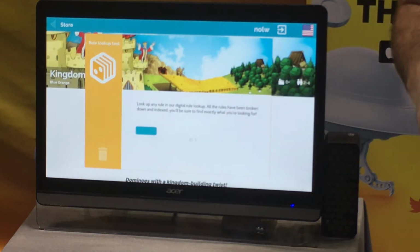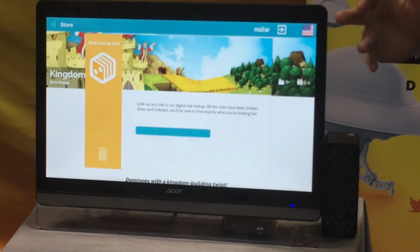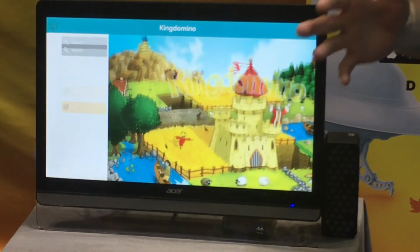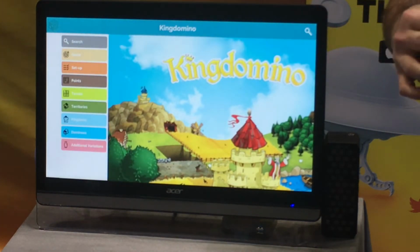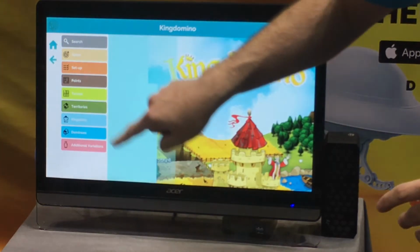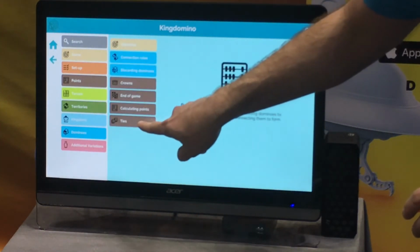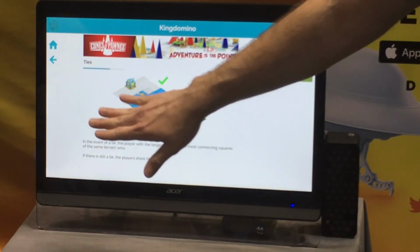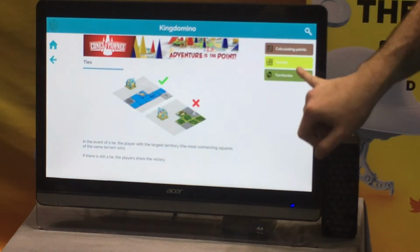So these interactive rules, ideally we want you to never have to open your rulebook whenever you play. So these interactive rules take the rulebook and break it down in kind of smart categories. So let's say we need to figure out what happens in case of a tie. I would go, okay, that's in the points, click on points, click on ties. And this actually shows you what happens in a tie, and it even shows you related